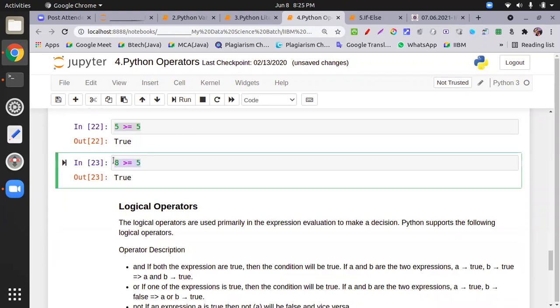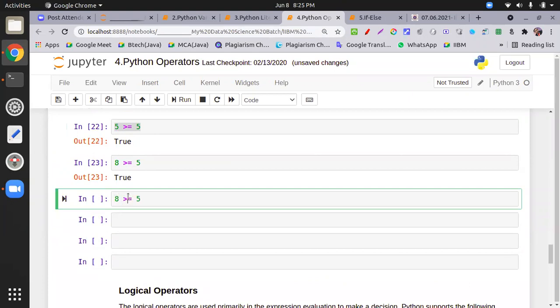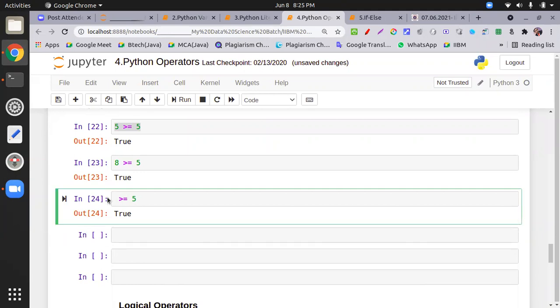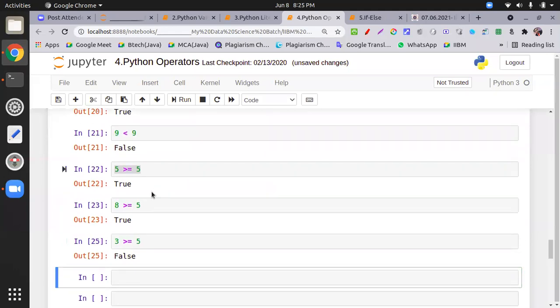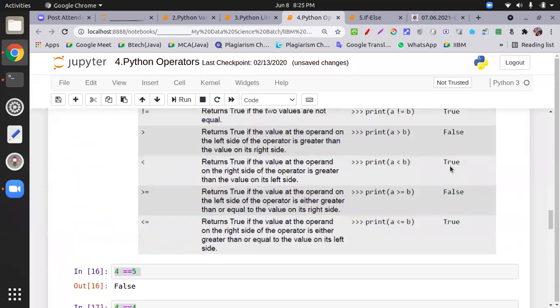But any value less than this, I mean I'm not changing this one, 9, gives me false. Oh, true. Let's suppose we put 3, false. So based on the value we can compare and get a true or false.